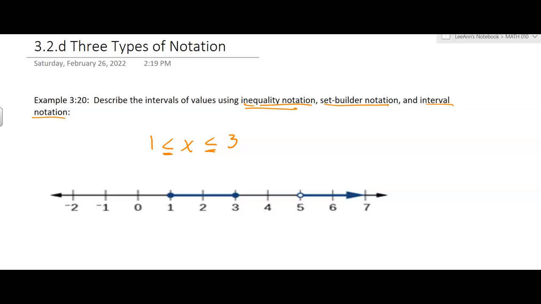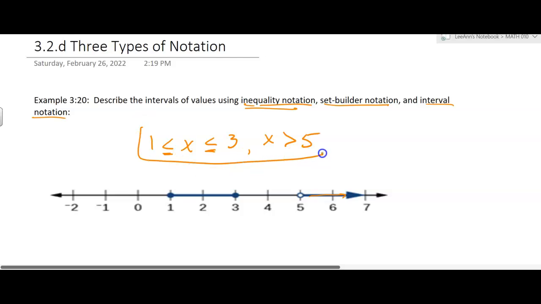The other part says, so I guess I would put a comma here, bigger than 5, but not including 5. So x is greater than 5. That would be in inequality notation. That's the first one. Sometimes we use inequality notation. It's useful. It kind of makes sense to us. We write it when we're solving stuff and things like that. But usually our final answer isn't in